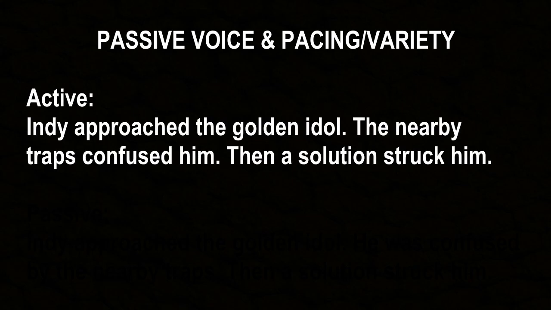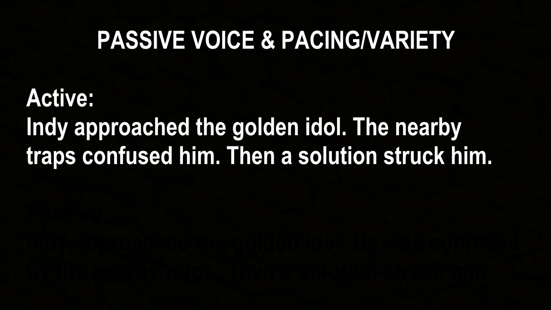I'm going to give you an example that is three sentences long. They're all going to be active voice at first, and then I'm going to show you how passive voice can improve them. Indiana Jones approached the golden idol. The nearby traps confused him. Then a solution struck him. So these three active voice sentences are moving pretty quick, and I think they're moving too fast, especially that second sentence, because when a person is confused, usually they're not moving quickly or thinking quickly. Usually when they're confused, they're trying to puzzle out what's going on,